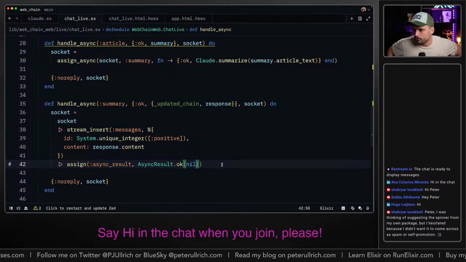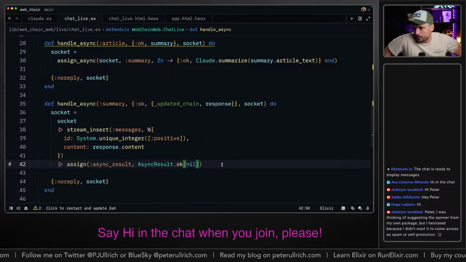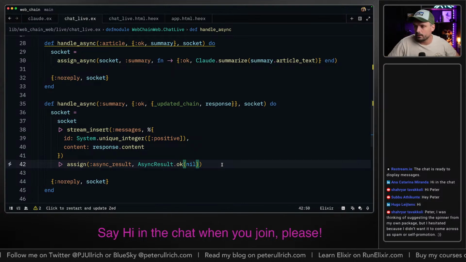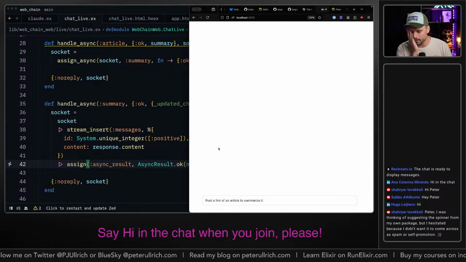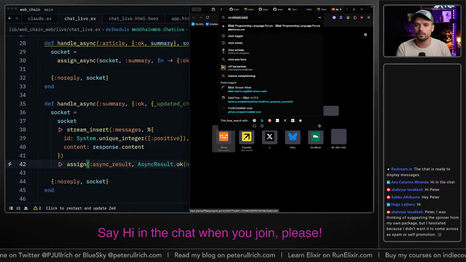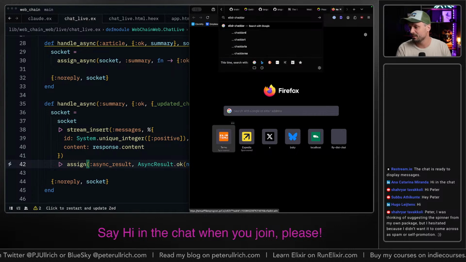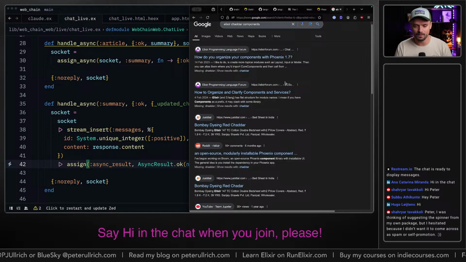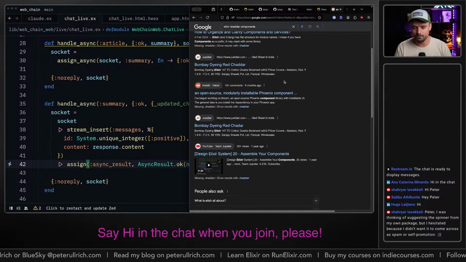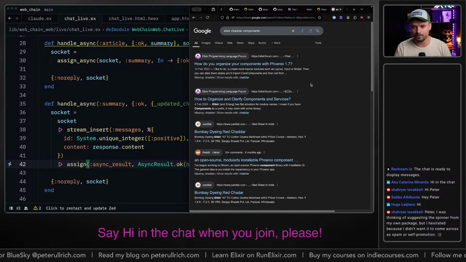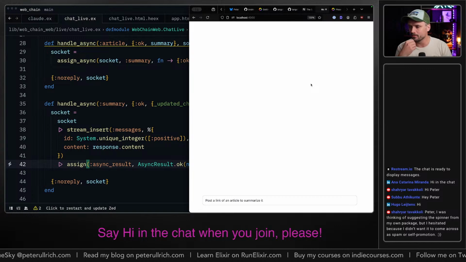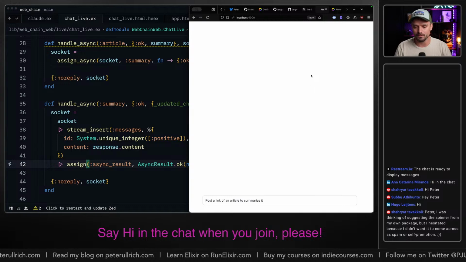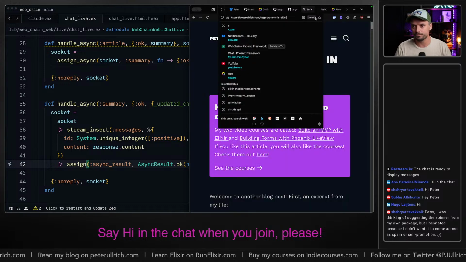I was thinking of suggesting the spinner for my own package, but I hesitated because I didn't want to. Yeah, don't worry. What was it again? Oh man, I can't. Was it Cheddar? Elixir? Cheddar? Components? Something like that. Sorry, I'm bad with names. But if you send me the name, I can look into it. But it's fine. I have a spinner running. It's not about the component library for now. But I appreciate your suggestion.